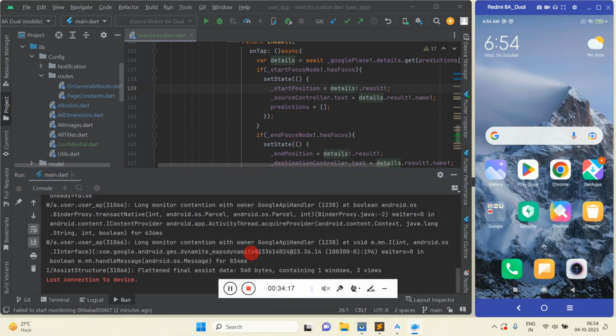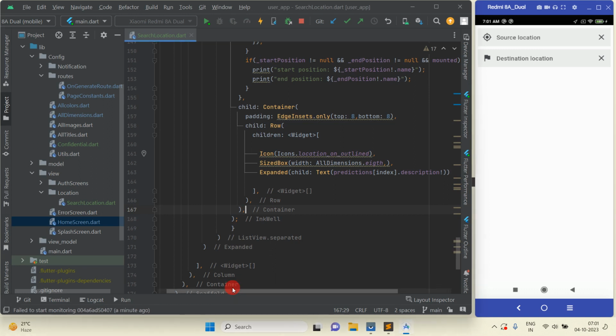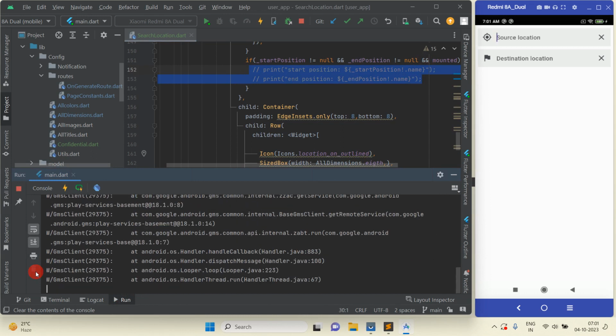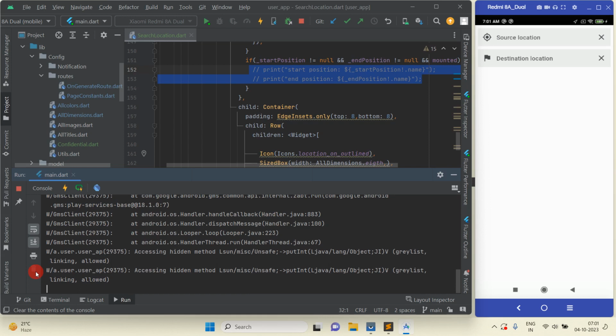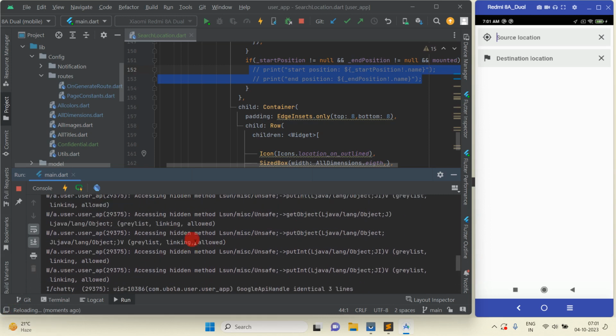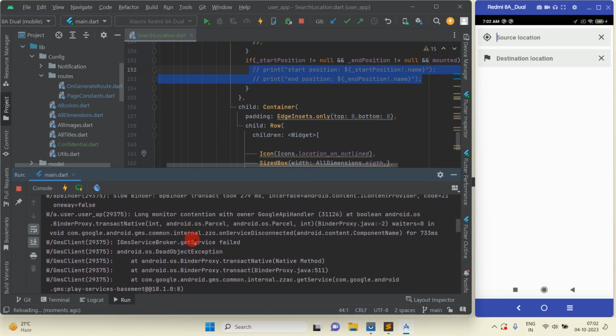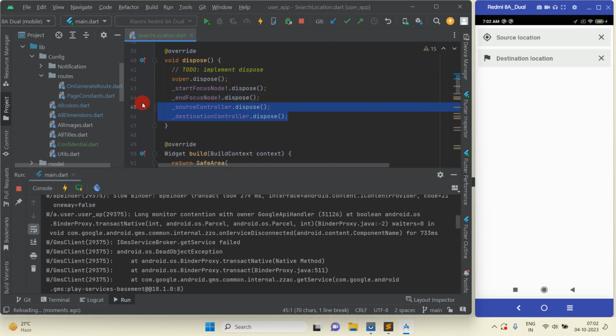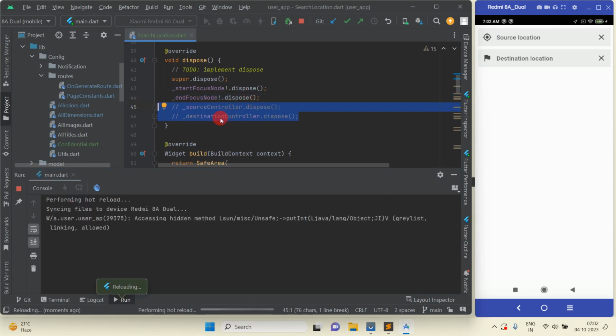Okay, so now I'm going to comment this print and just save this code, and again I'm going to search anything. And just comment this source controller and destination controller dot dispose,